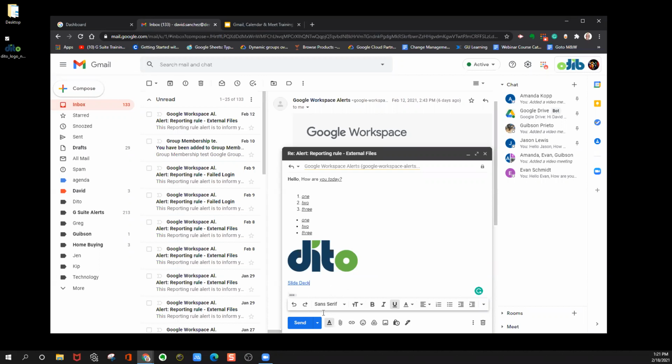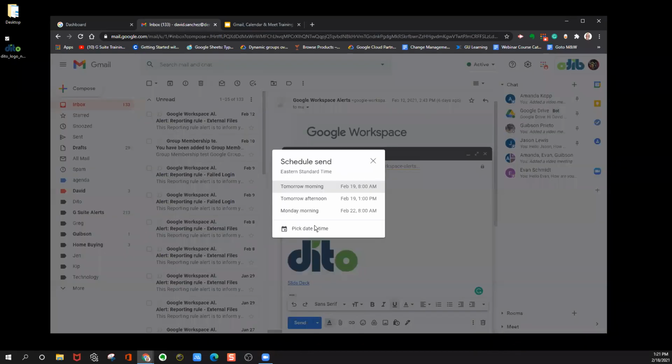If we were ready to send the message, we can just simply click on send down here at the bottom. But what if you wanted to send that message later on after the fact? You want to schedule send it, right? We can do that very easily with this drop down arrow next to send, and we could say schedule send. It will give you just 3 default times. There's no way to choose what these are, but if none of these work for you, you can